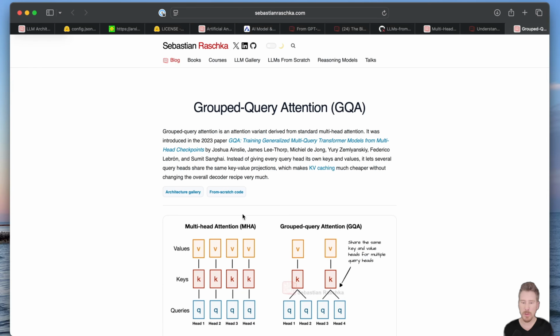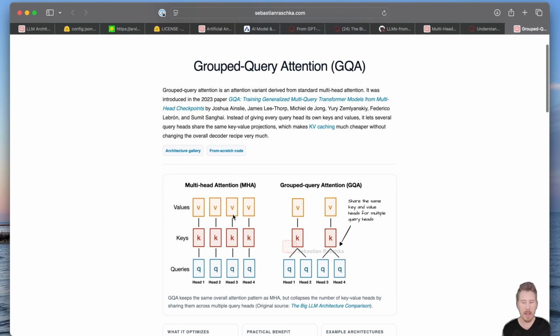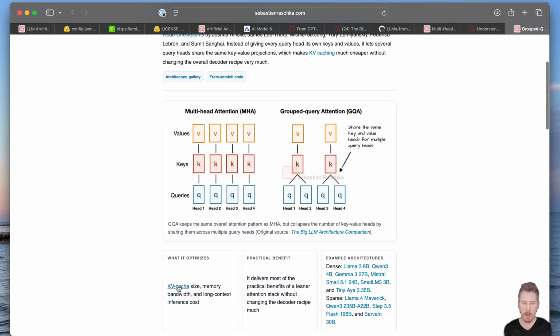Group query attention is essentially a way to save keys and values, to have fewer of them. Here, this is a regular MHA, and in group query attention, we are sharing values and keys for multiple queries. And what's nice about that is it essentially makes the KV cache smaller. So if we have a KV cache,